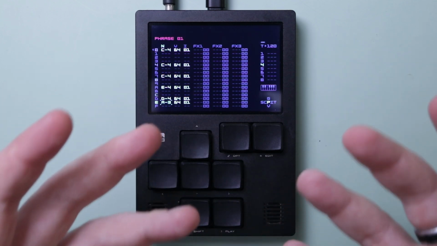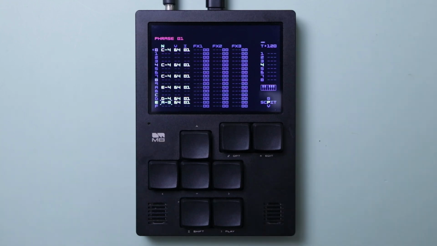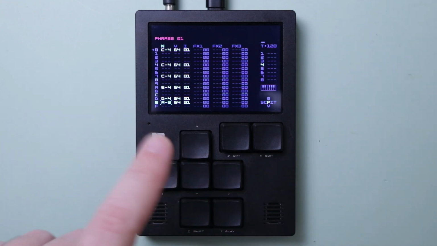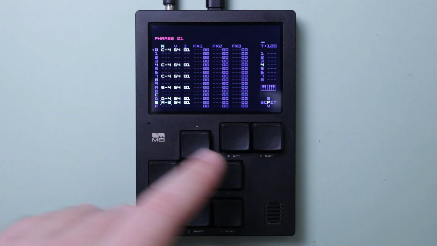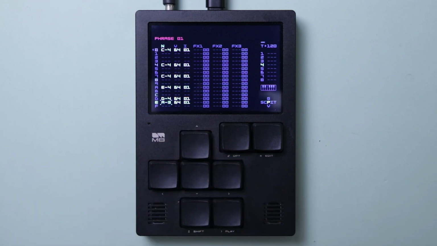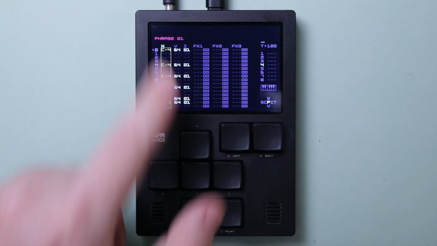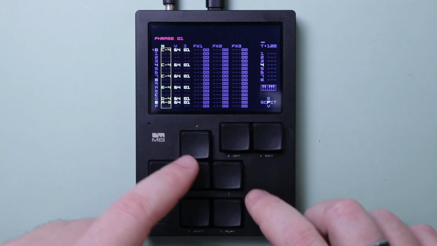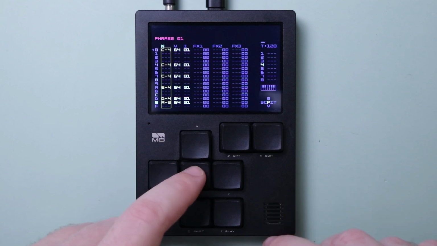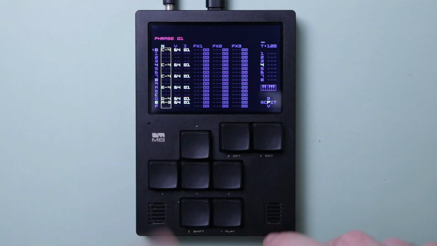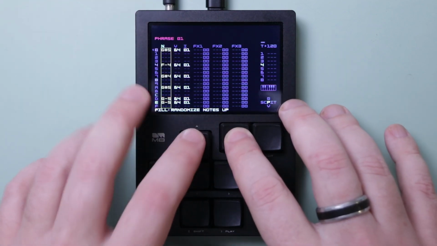So you can plot something in, but if you're feeling it's not really working for me, that's where we can start looking at some of the generative stuff that we have available to us with the Option and the arrow key. So what we can do is hold Shift and double tap Option. That's going to select the row, and then we can use up and down to change the pitch. So depending, up will change the pitches higher, down will change them lower. So if I do that,